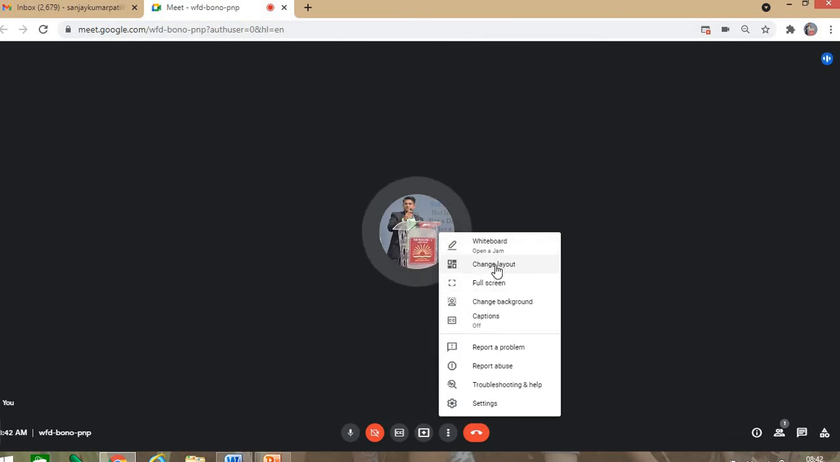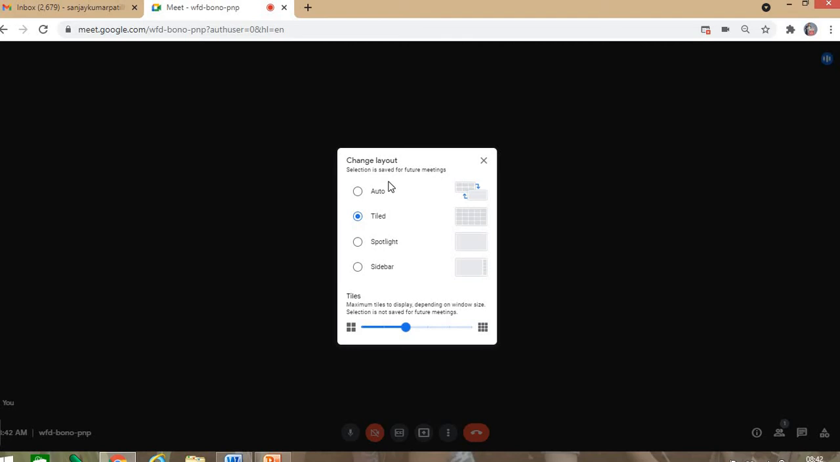So next is the change layout. If I click on the change layout, I get the options here: auto, tile, spotlight, slide bar. Earlier we used to see only a few participants, a few children. So now a new option is there, tiled. If I click on the tiled, okay, then